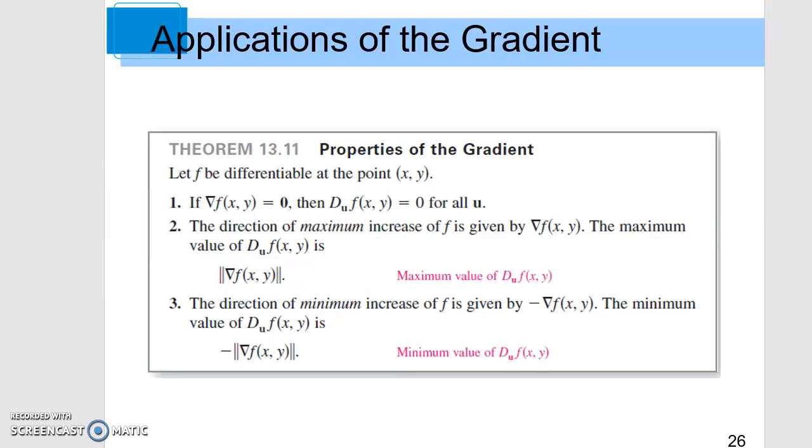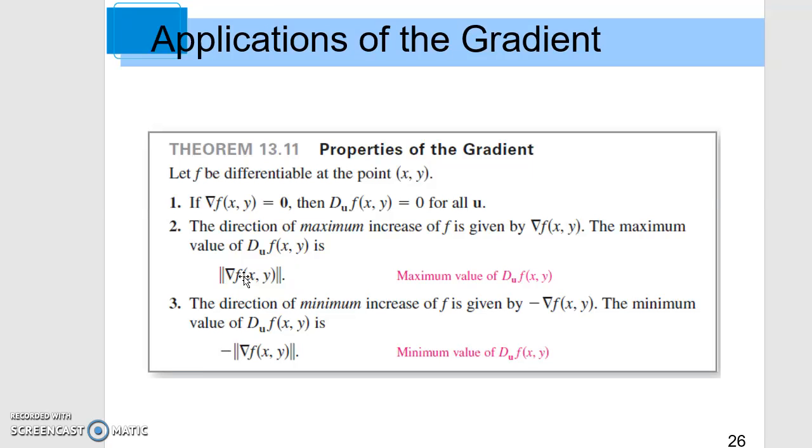The last time, on Monday, we discussed the properties of the gradient. If f is a differentiable function and the gradient of f is the zero vector, then no matter what directional derivative we take, it will be zero. Okay, this later on will be known as a critical point. The second, which is similar to the third, are two very important